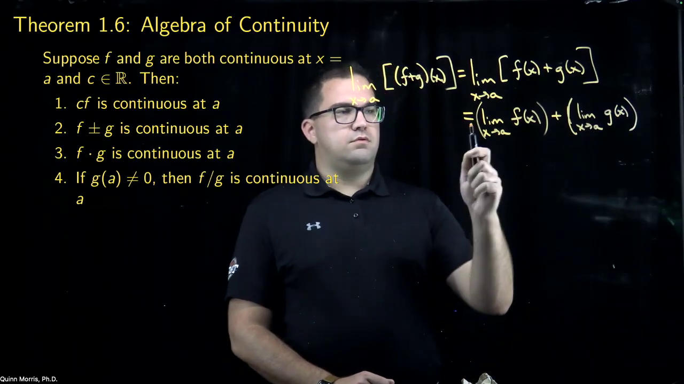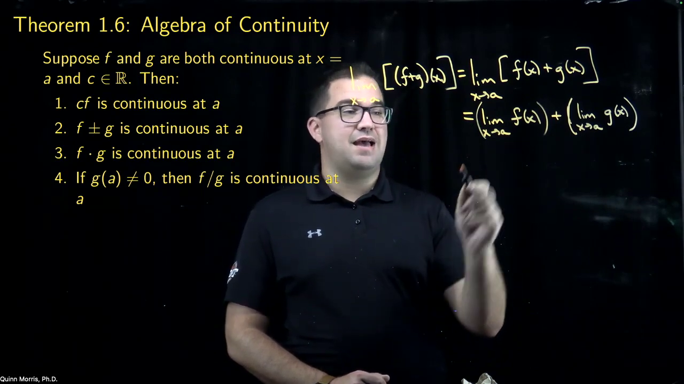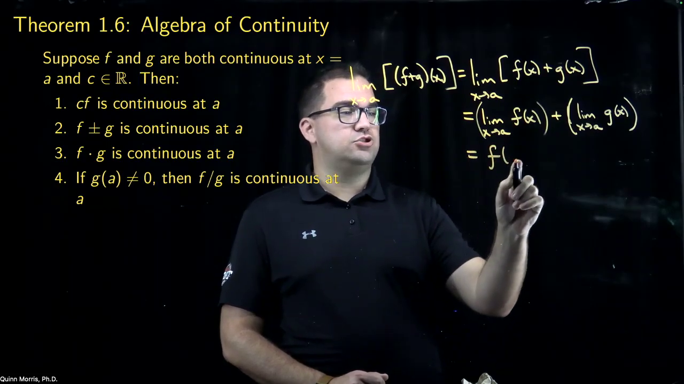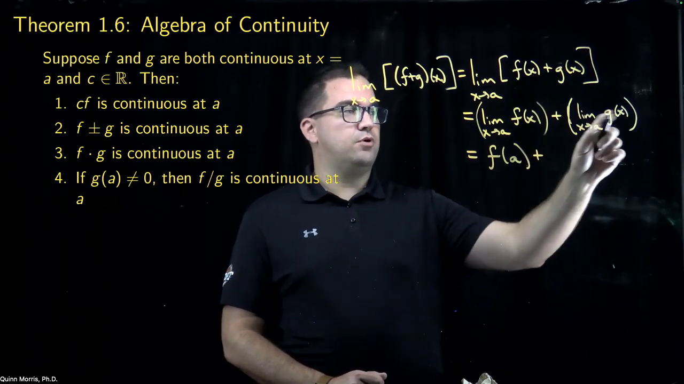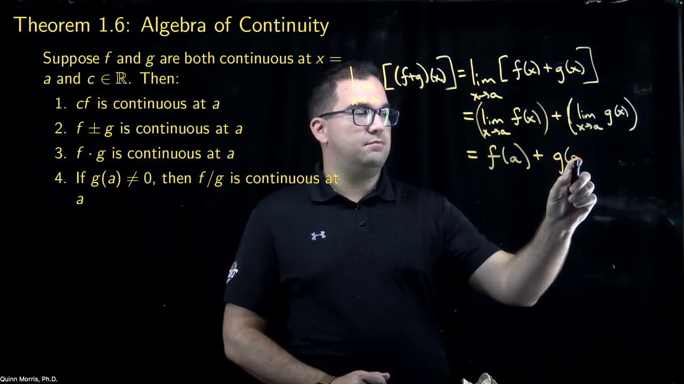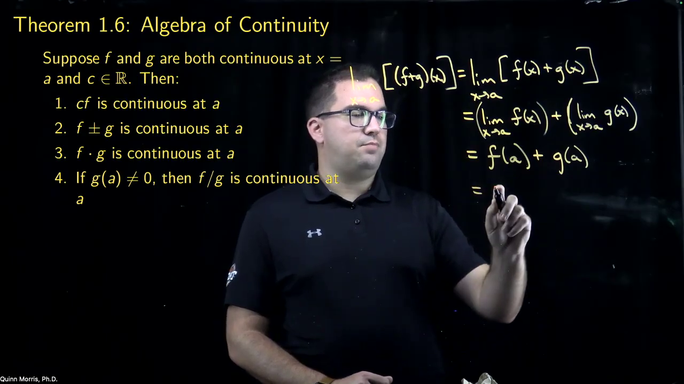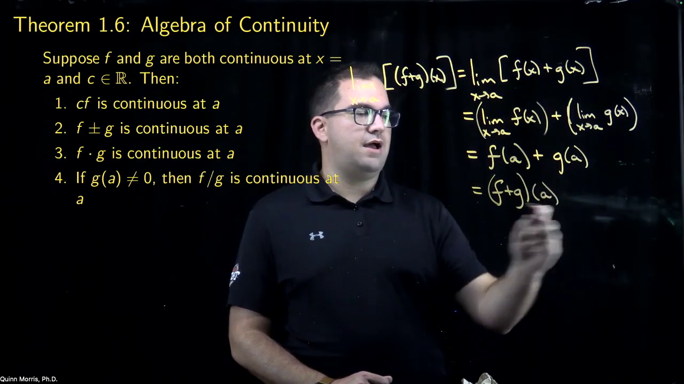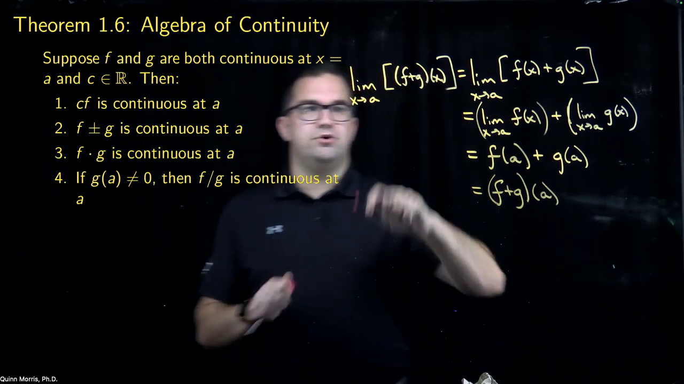Well, now I also know what this limit is because f is continuous. Since f is continuous at a, the limit as x approaches a of f of x is just f of a. Similarly, because g is continuous at a, the limit as x approaches a of g of x has to be g of a. And now f of a plus g of a, that's just the function f plus g evaluated at a. And so, right, what I've managed to do